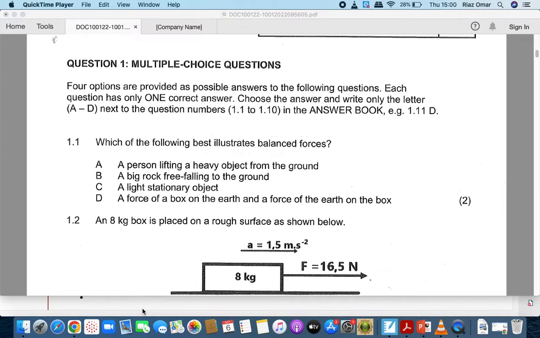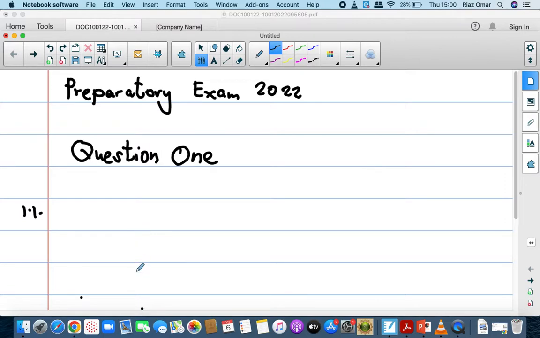So let us write it down in our book. Question 1.1. The best answer for us will be C. Alright, let's go to 1.2. So if you go to 1.2, the question is,